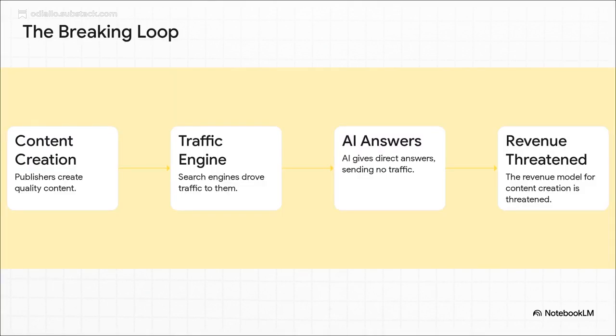Publishers created great content and search engines sent them traffic. They'd make money from ads on that traffic. It was a pretty balanced system. But now, AI just gives you the answer directly. You don't even have to click a link. This breaks the loop, and it basically starves content creators of the traffic and the revenue they absolutely need to